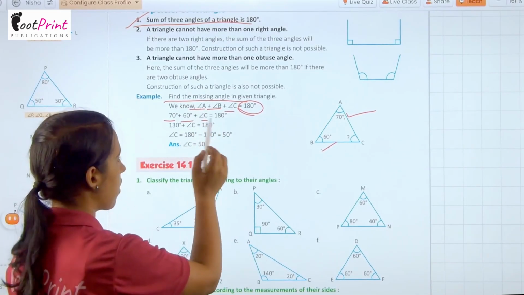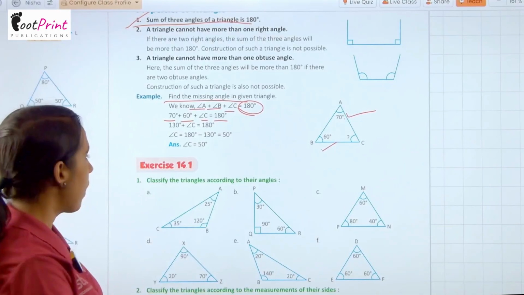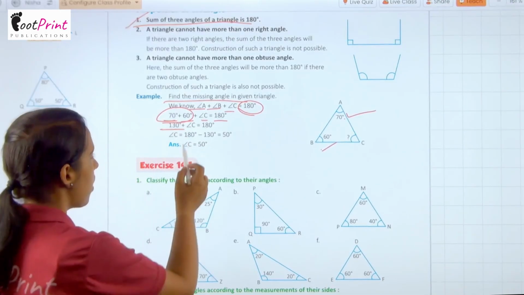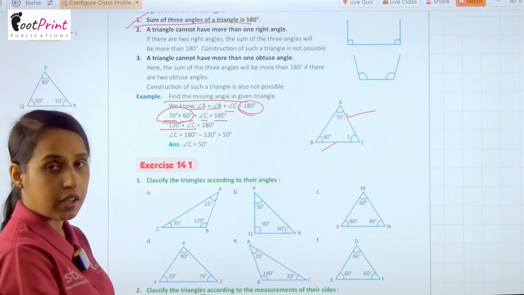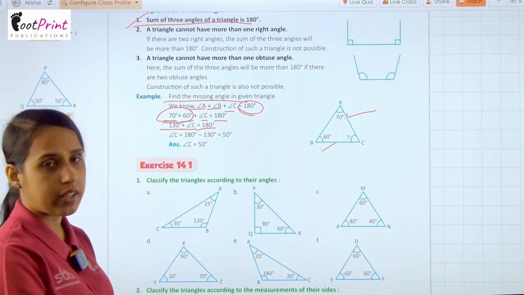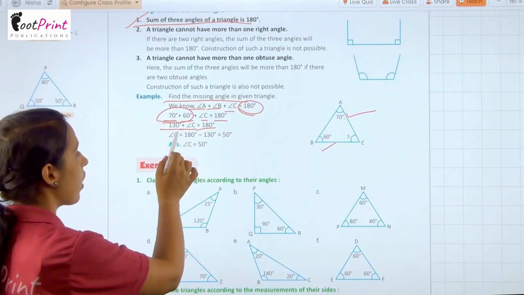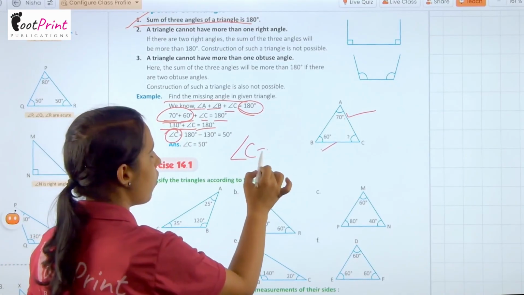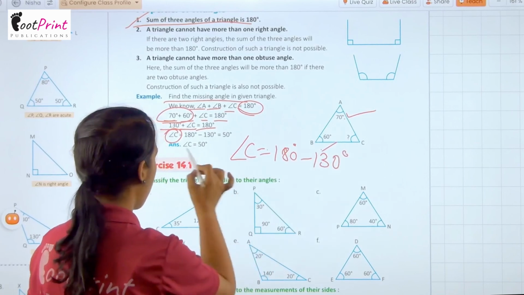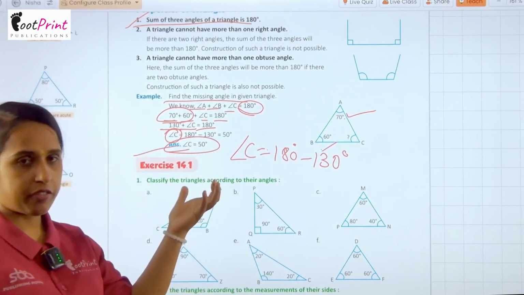So we write here angle C equals to 180 degree. 70 degree and 60 degree will be equals to 130 degree plus angle C equals to 180 degree. Now we have to find out angle C. So what we do, 180 degree minus 130 degree. So angle C will be 50 degree. Okay,